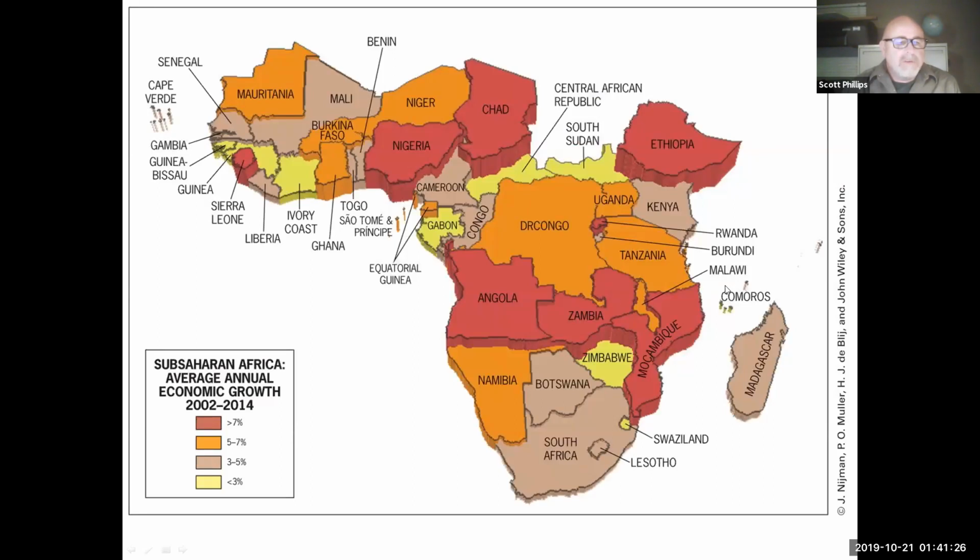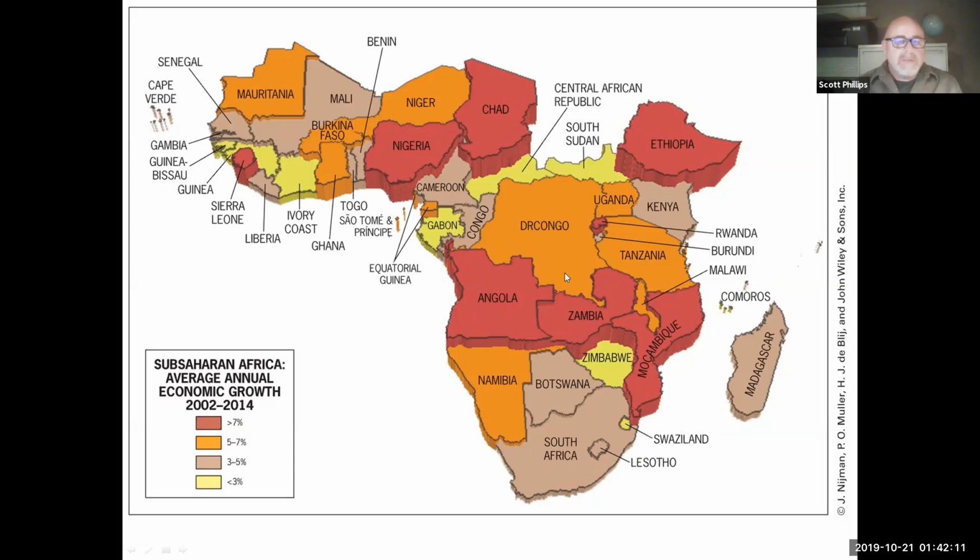And one thing to note about Africa as well: we tend to think of Africa as poor, but when you're starting from a low level, economic growth can be quite rapid. So some of these places, especially Angola and Ethiopia, have greater than 7% economic growth, which is quite high. In the United States, we're happy if we get 2%. But when you're starting from a high level, achieving a high percentage growth rate is very difficult, whereas when you're starting from the bottom, you have a lot of room to grow. And so a lot of the economies in Africa are actually growing quite rapidly, which is one thing that attracts investment from China, the United States, and other parts of the world.